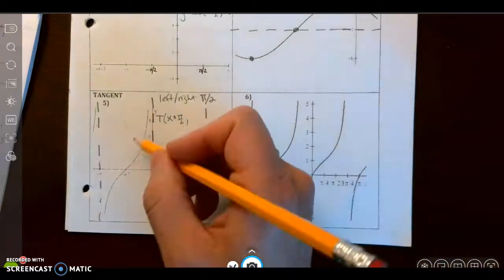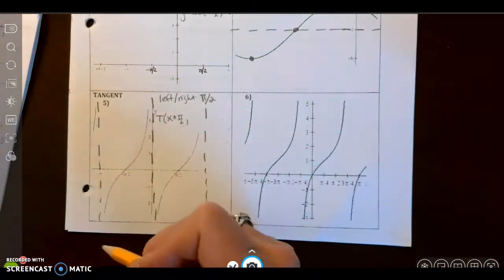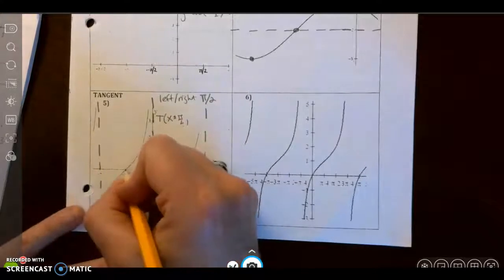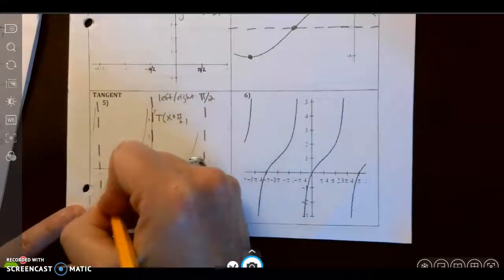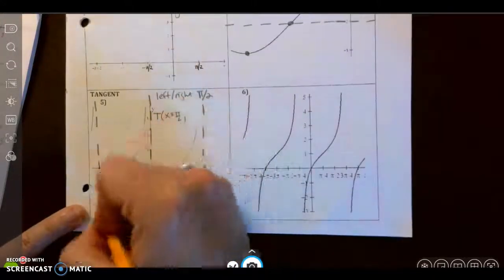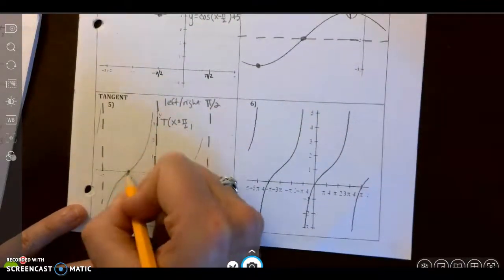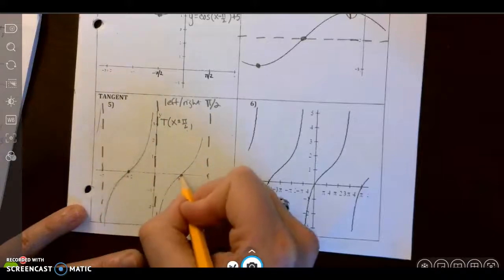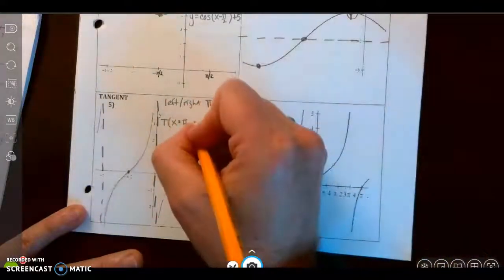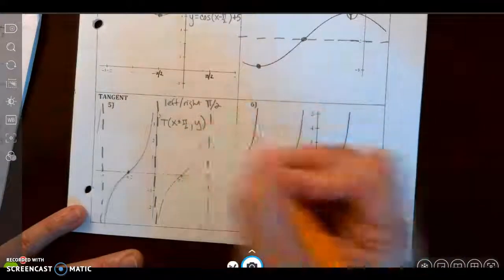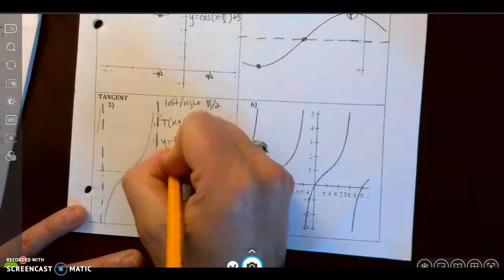And then I've got to look, does it look like my curve has moved up or down at all? To me, it still looks like the center of that curve, where it changes direction and starts going the other way, is still right here at 0. It didn't move up or down at all, so just y. So I get y equals the tangent